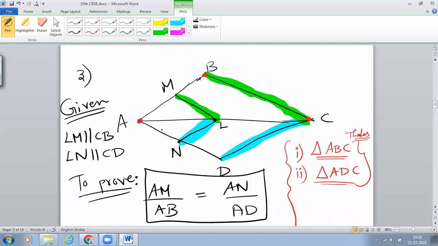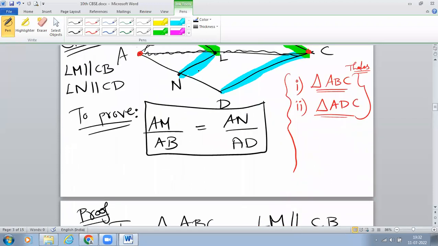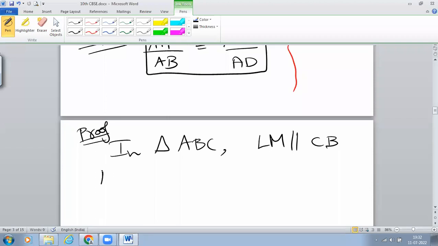That means I can write AL divided by LC is equal to AM divided by MB. Am I right or wrong? Because this line is drawn parallel to this side, therefore, this line divides these two sides in the same ratio. That is AL by LC is equal to AM by MB. Am I right or wrong? Yes, sir. So in triangle ABC, I can write AL by LC is equal to AM by